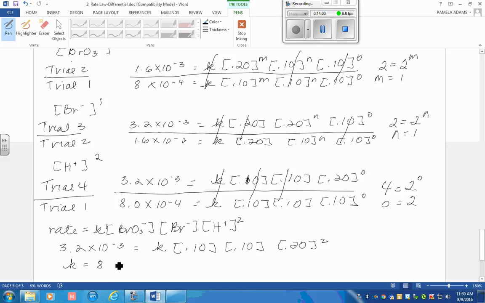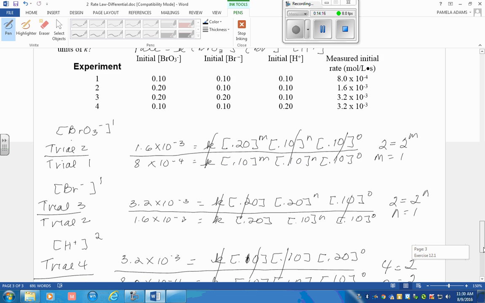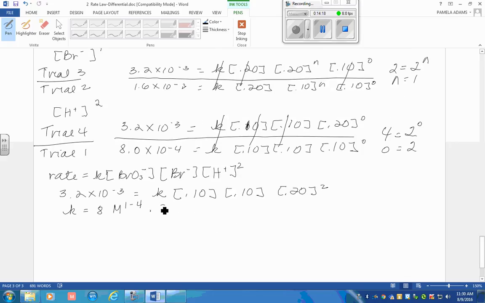And remember that the rate law constant unit is very important. It can be determined by the unit of molarity to the power of 1 minus the overall order, which is 4, times the unit of time. I'm going to go check, and my unit of time is in seconds. So that would be seconds to the minus 1. Simplifying that, K is equal to 8